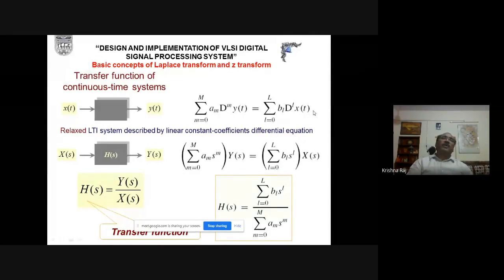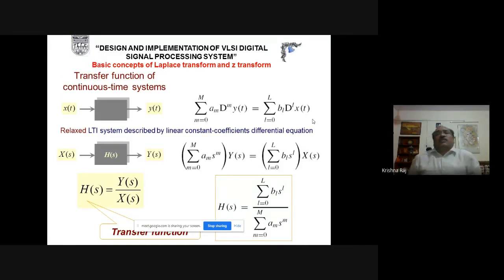Auto regression takes place, and this one is responsible for the average, and this average is nothing but whatever value is multiplied by the moving constant. So this will become the moving average, and the second one will be the auto regression. So the total model will be known as the ARMA model, auto regressive moving average model. And if the a_k and b_k are constant, not changing their values, only then will this system be said to be LTI. If they are changing their values, then this system will become adaptive. If a_k and b_k are constant, that will be the deterministic model, and in the second case that will become the stochastic model here.